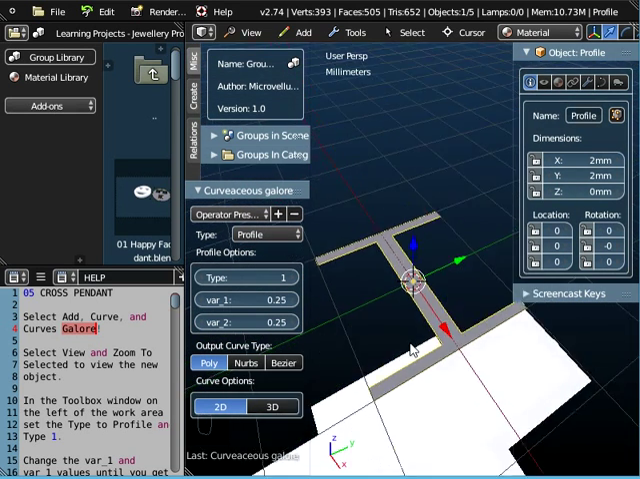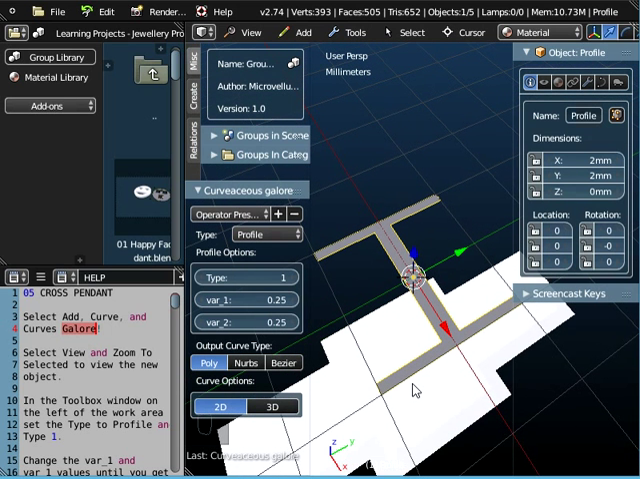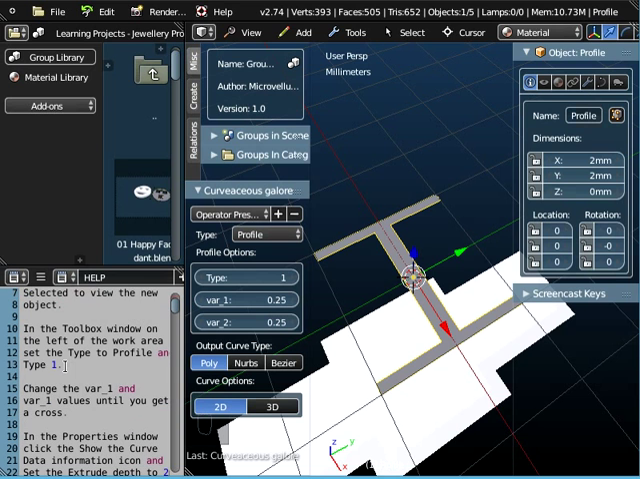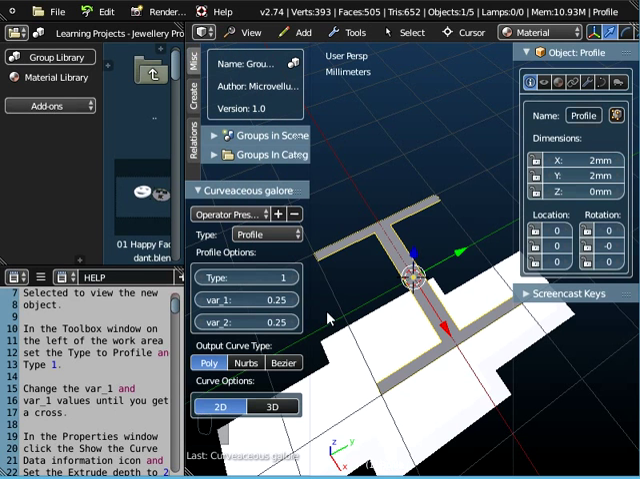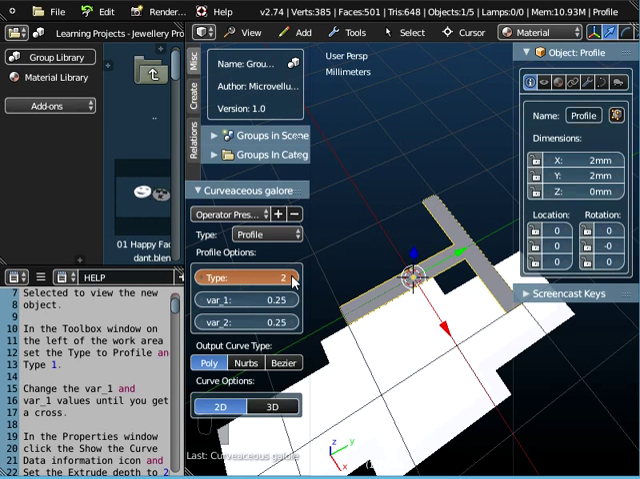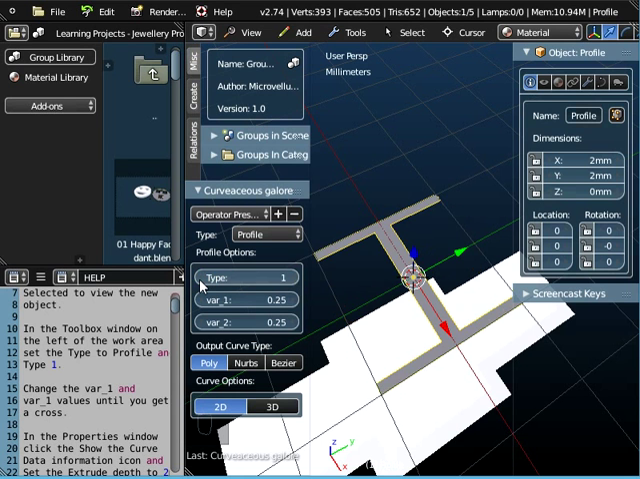Now clearly it's not a cross shape, it's an I-beam. But what we need to do is we can stick with this type. It's a profile type of curve. There are other curves that you can create, flowers and stars and cogwheels. We want to stick with this profile shape. We're going to stick with type 1 because we can change that look to a T and a U shape. Okay, we're going to stick with type 1, and what we're going to do is we're going to change these